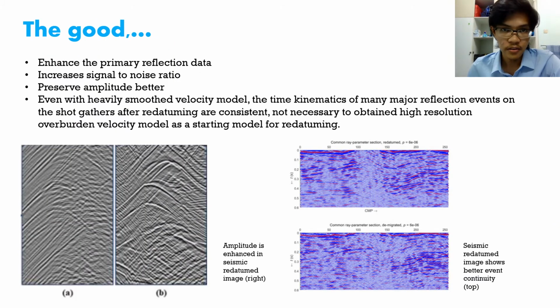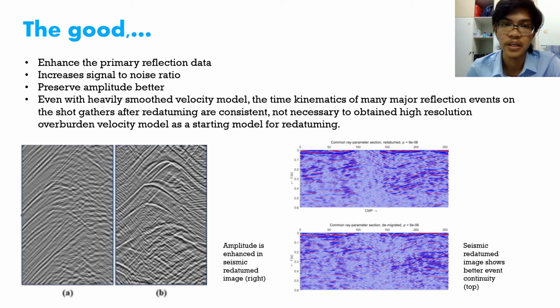There are many advantages of using seismic redatuming imaging. One is enhanced primary reflection data. The second is an increased signal to noise ratio, and third, it preserves amplitude better. The last one is, even using a heavily smoothed velocity model, the time kinematics of many major reflection events on short gathers after redatuming are consistent, and it is not necessary to obtain a high resolution overburden velocity model as a starting